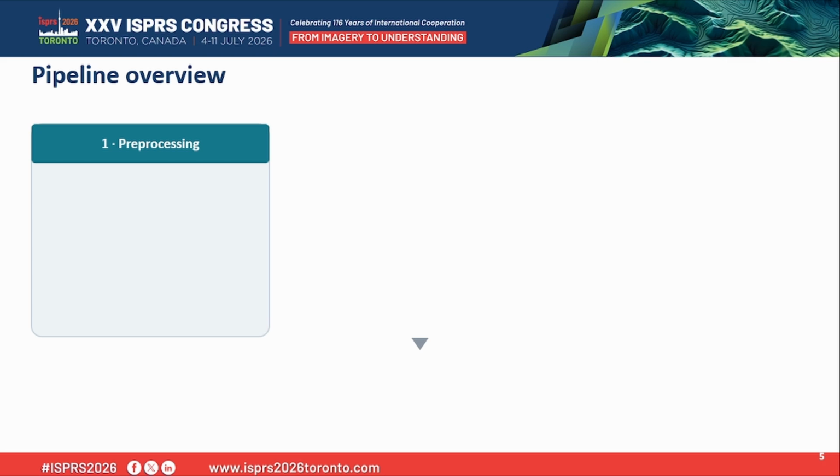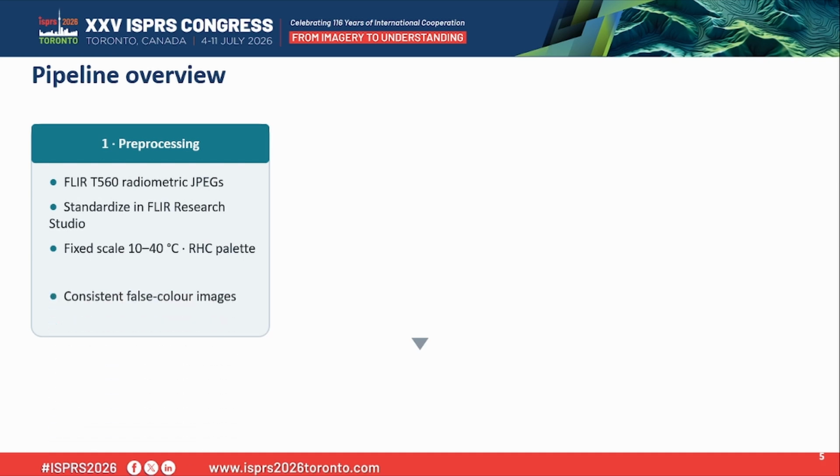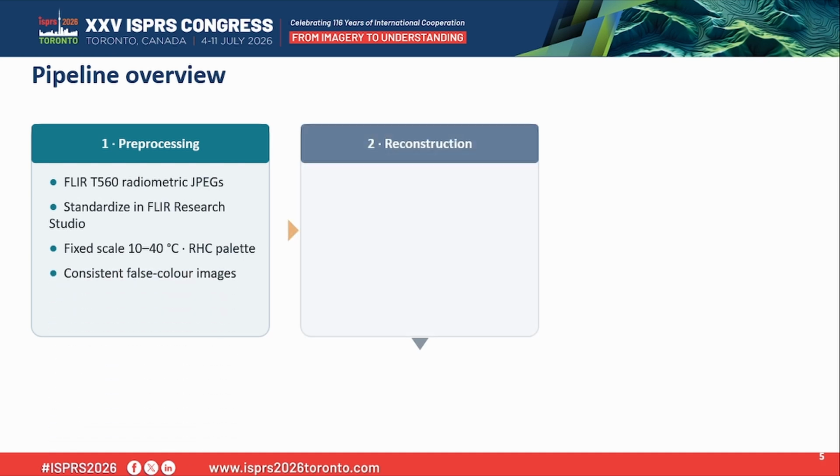Let's move now to the pipeline overview. The pre-processing consists of the acquisition of the TIR images and JPEGs, and the RGB images of course, with the standardization of the FLIR Research Studio, fixing the scale from 10 to 40 degrees, with a consistent false color image. The reconstruction relies on structure from motion with the RGB pair, master and slave camera, and from